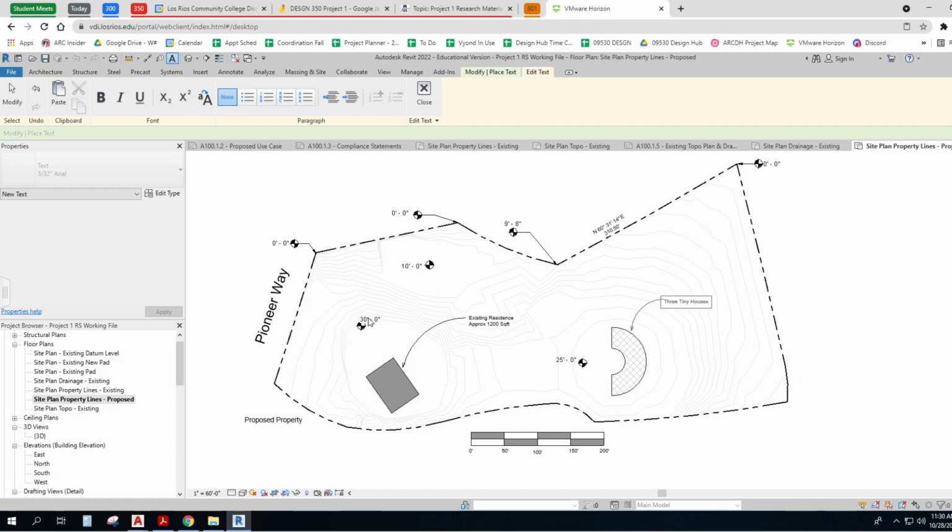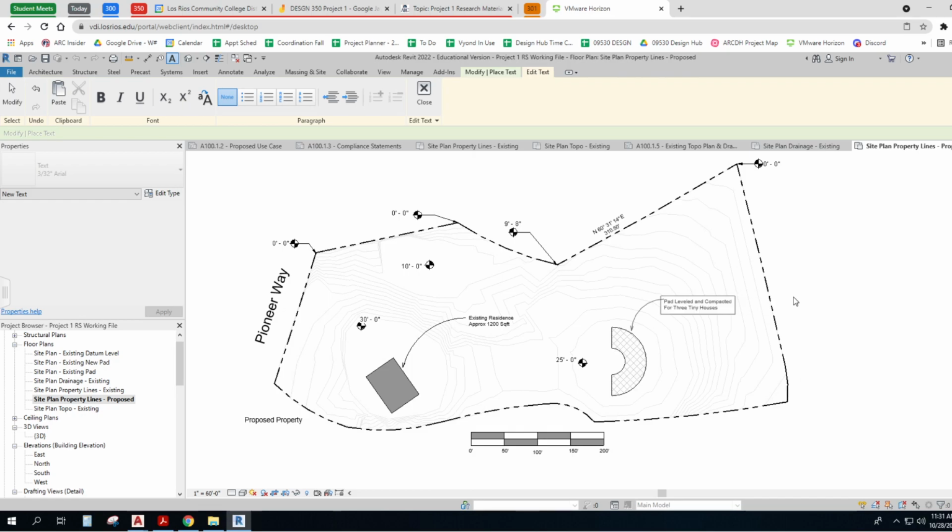Now, because I'm doing 3 tiny houses, that should be, I'm just pad, leveled, and compacted